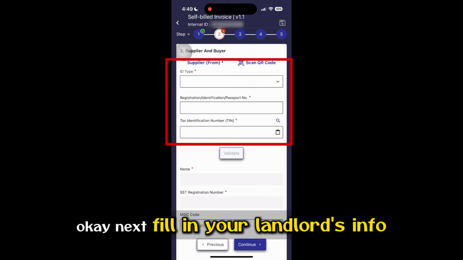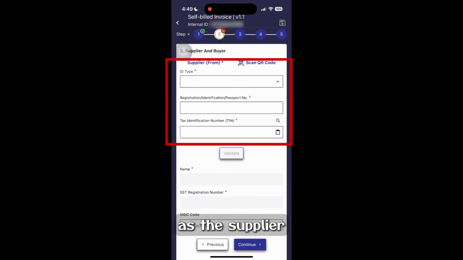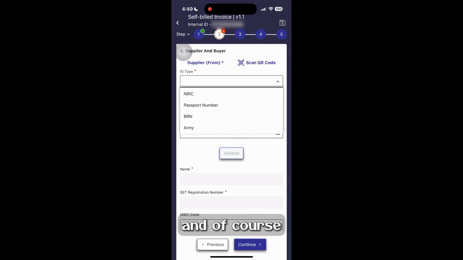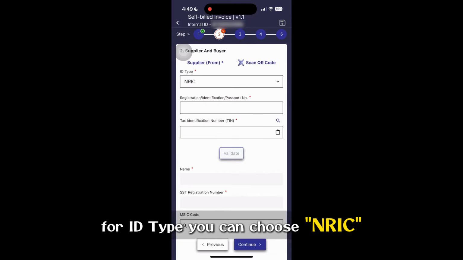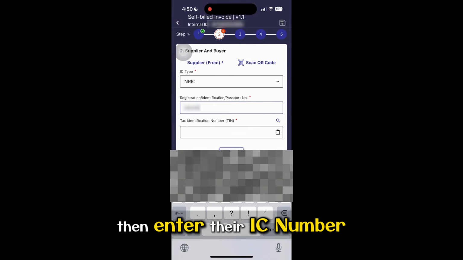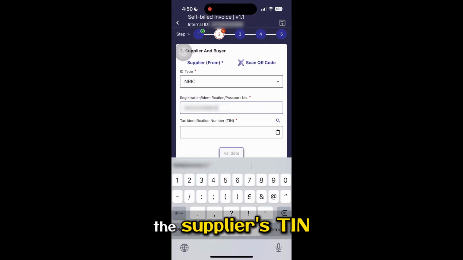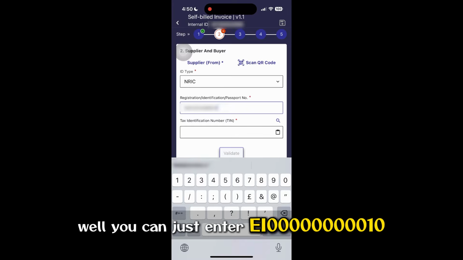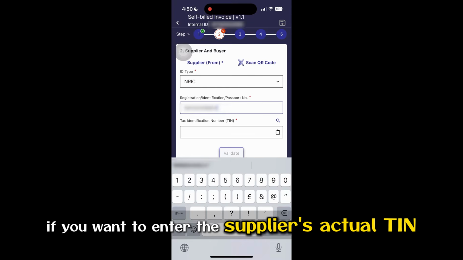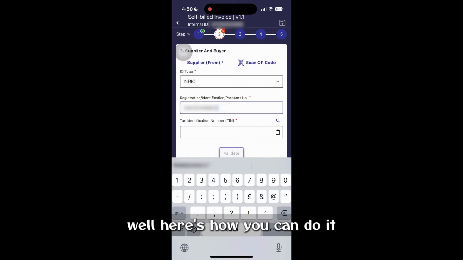Okay, next, fill in your landlord's info as a supplier, okay? And of course, for ID type, you can choose IC, then enter their IC number. Now, of course, if you don't have the supplier's TIN, you can just enter EI 90, then 10. Okay, but of course, if you want to enter the supplier's actual TIN, here's how you can do it,